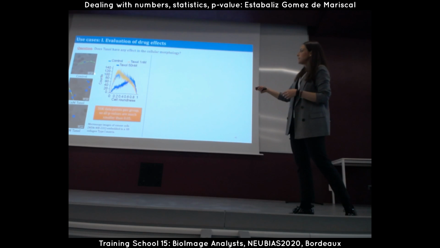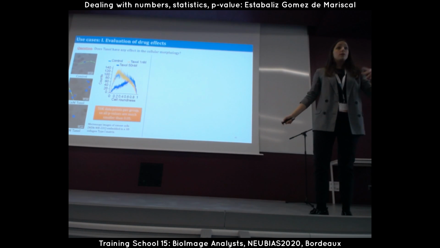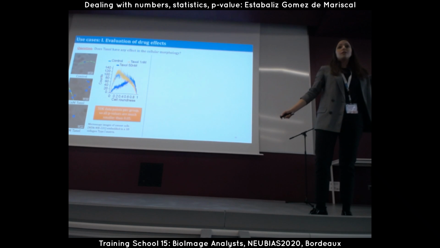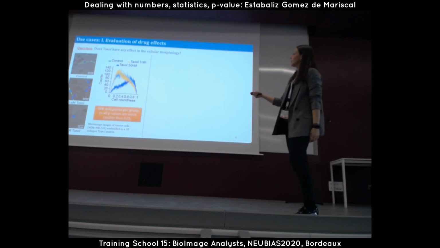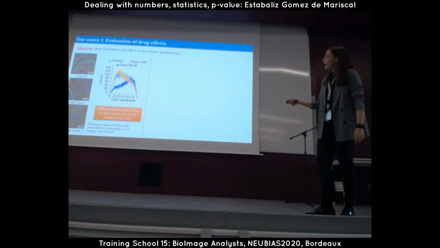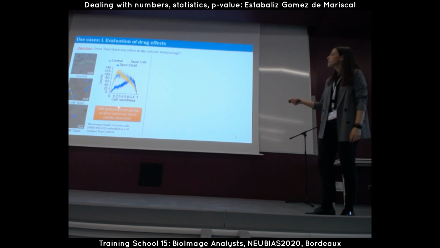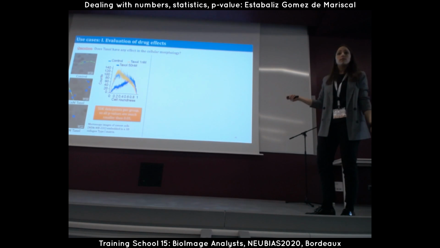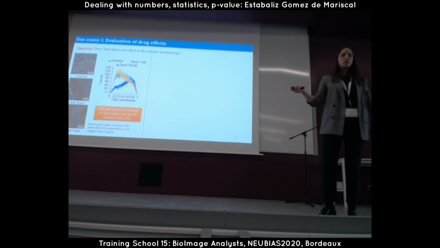And the problem with this is that we analyzed many videos because you have an automatic method that you put to work on them and you get the data. And we got these 3 distributions for the 3 different conditions: the control, the cells treated at 1 nanomole Taxol, and the cells treated at 50 nanomole. And when we analyze the p-values, we run a normal statistical test. All the p-values were super low,